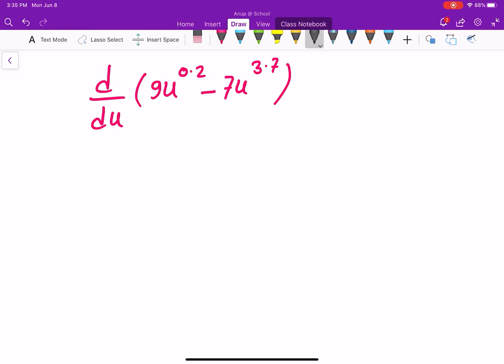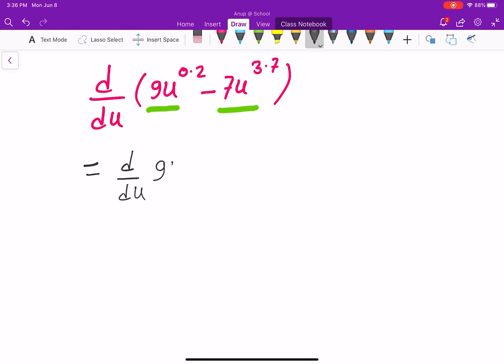Find the derivative of 9 times u to the power 0.2 minus 7 times u to the power 3.7. You can see that in this function we have a difference of two functions, which is 9 times u to the power 0.2 minus 7 times u to the power 3.7. To find the derivative of this, we can use the difference rule, which says let's just find the derivative of